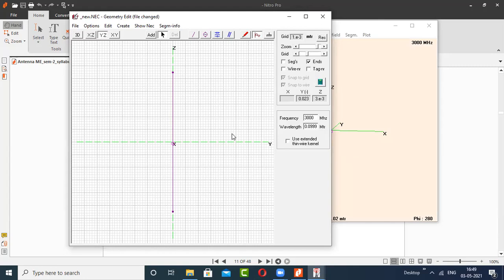Remember that. One table is for the analysis of the impact of radius on the behavior of the antenna. The second table will be the impact of length on the behavior of the antenna. For length, 5 cases will be there: one is the reference one, 2 cases for a reduction in the length, and 2 cases for an increase in the length. And 5 cases for the case of thickness, radius, as well.